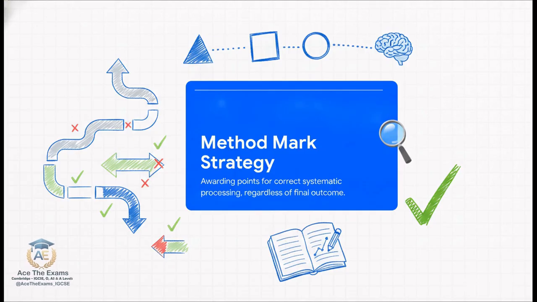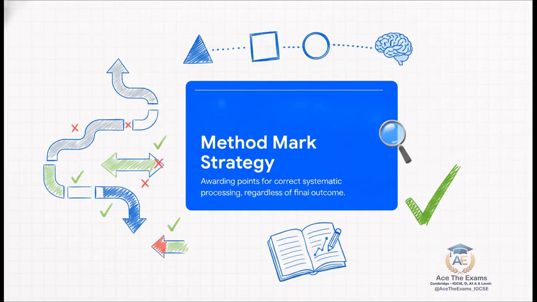The method mark strategy is literally the practice of awarding points for demonstrating correct, systematic processing and clear working, regardless of the final numerical outcome. Let me say that again, because it's that important, regardless of the final numerical outcome. If you make some tiny arithmetic slip up on line 2, but your logical steps are completely correct for the rest of the page, the examiner will carry that error forward and actually give you method marks for your valid